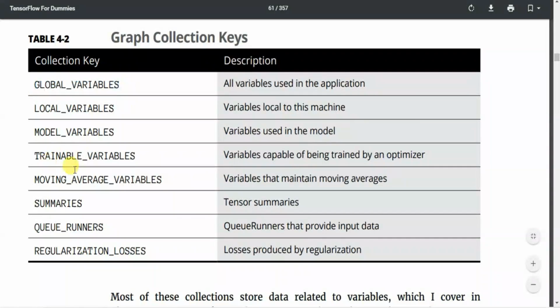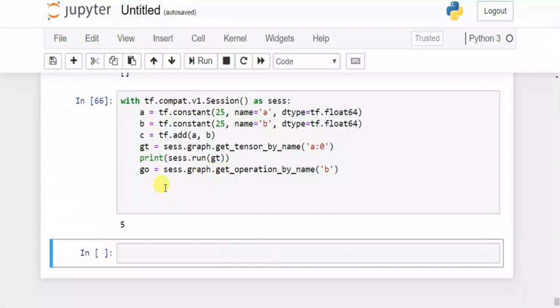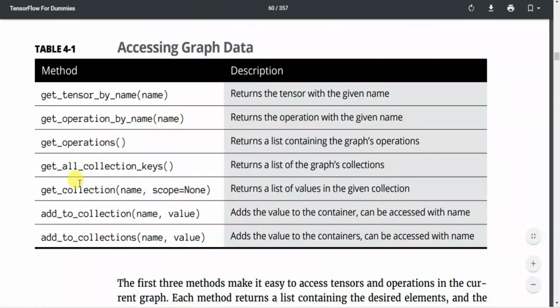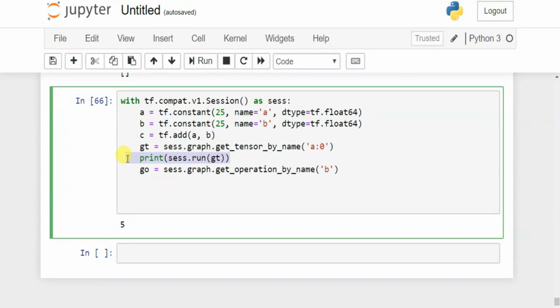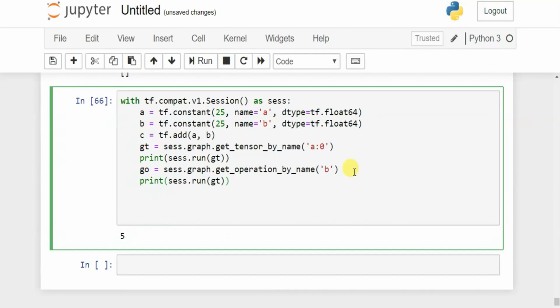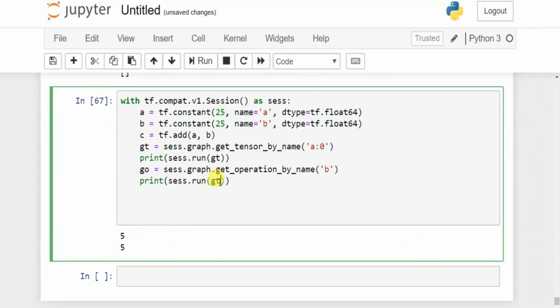Now let's again use this get operation. So first I'm gonna remove this, and let's try to print these two, and in here I'm gonna pass the GO. So we got a none. Why did we get none?